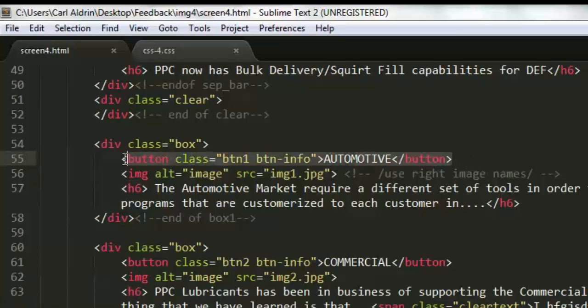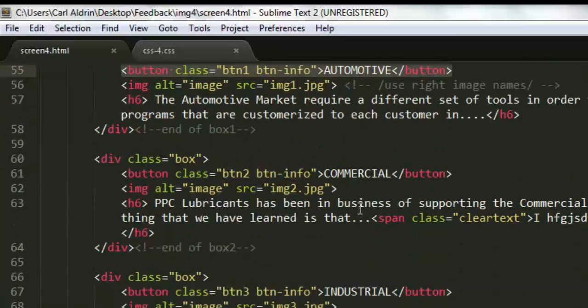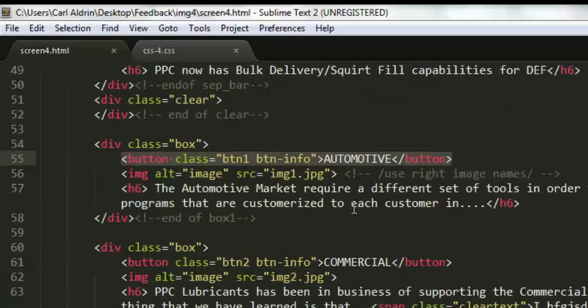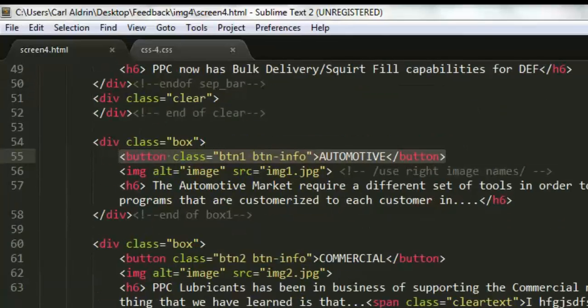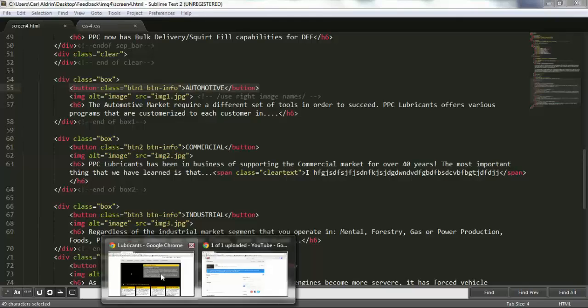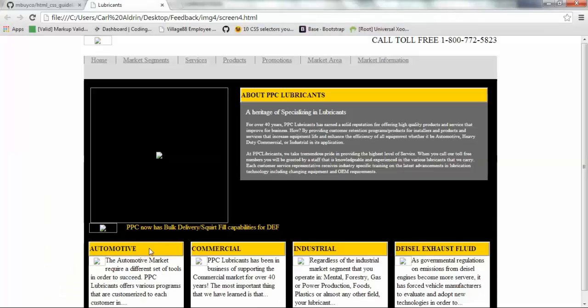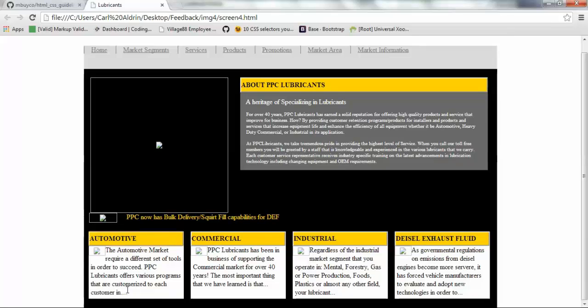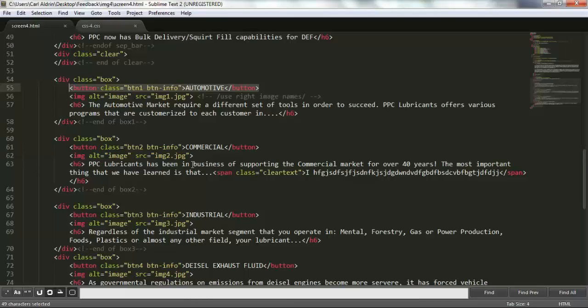Also, don't use buttons on headers. Maybe your intention here could be clicking this and going to the next section about automotive, for example, commercial, industrial, or diesel exhaust fluid. But it's not really conventional to use buttons.